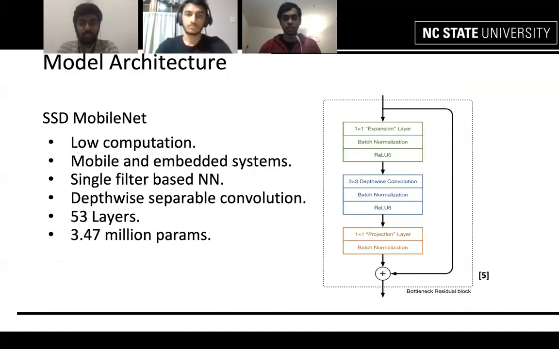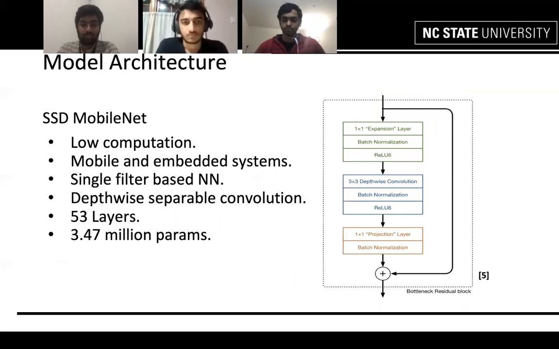To continue with my friend Prashant's introduction, let's look at the model architecture. First, the MobileNet architecture, which we started off with. MobileNet is meant for low computation devices, so it doesn't need a GPU or heavy hardware, which made it easy to work with, and it can be used on mobile and embedded systems.